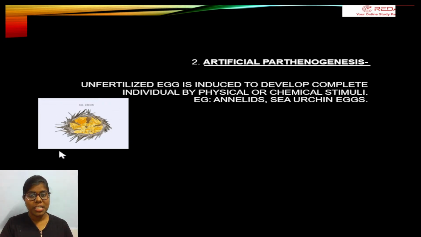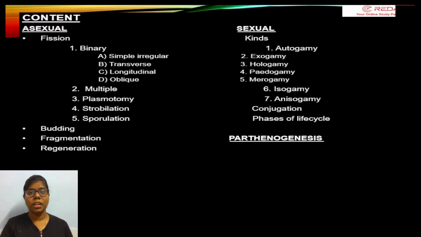Example, sea urchin. This is a sea urchin. A sea urchin has spines. So this is a sea urchin, and the egg of a sea urchin looks like this. For the sea urchin egg to become a complete individual, we give an external stimulus. So this is about the